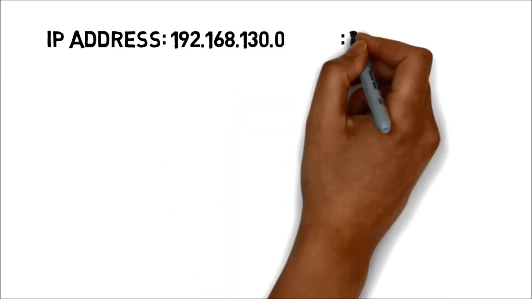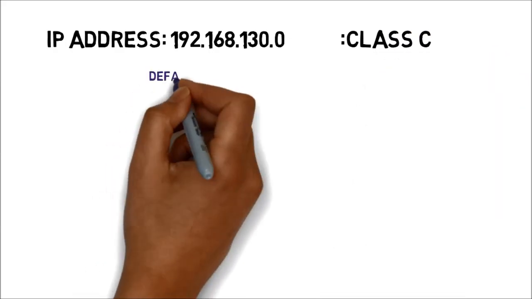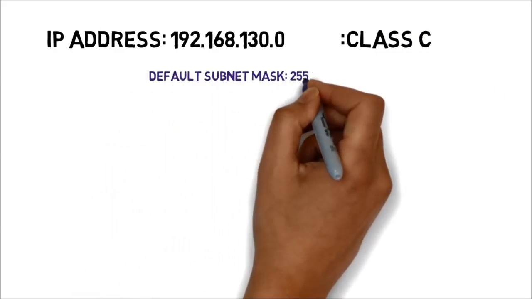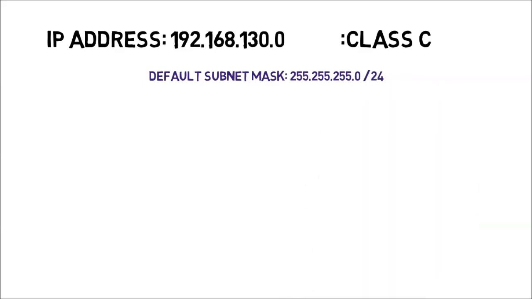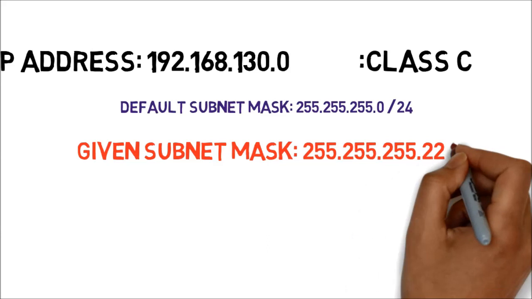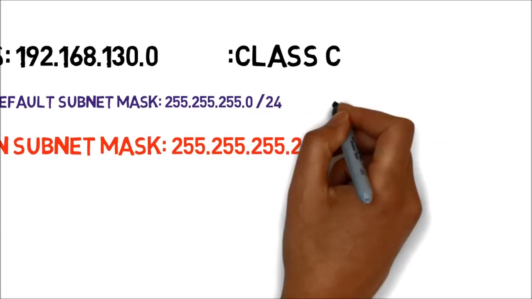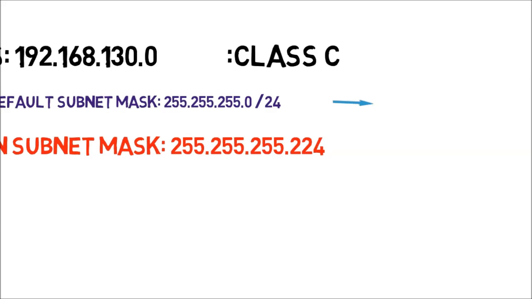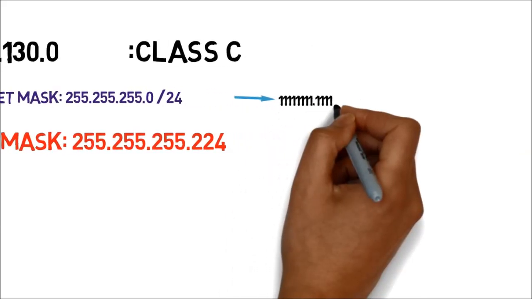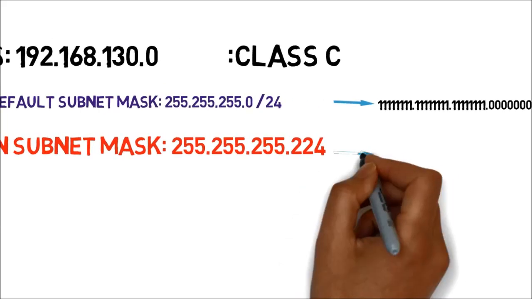So the given IP address 192.168.130.0 belongs to the class C address. The default subnet mask of class C is 255.255.255.0, that is /24. The given subnet mask is 255.255.255.224. So the binary of the first default subnet mask is this,